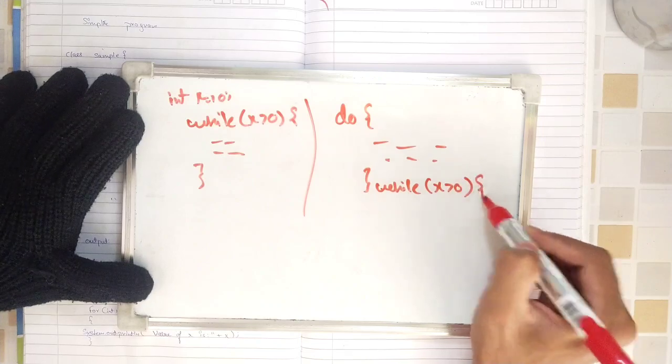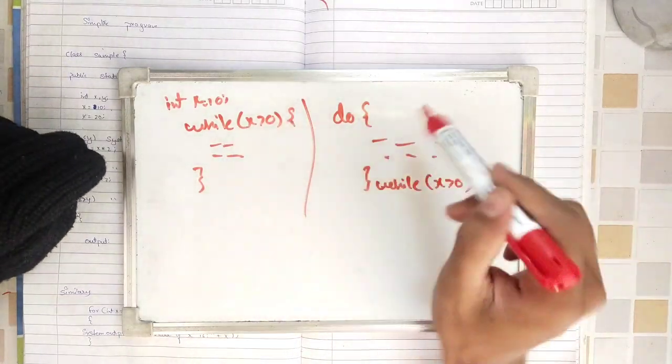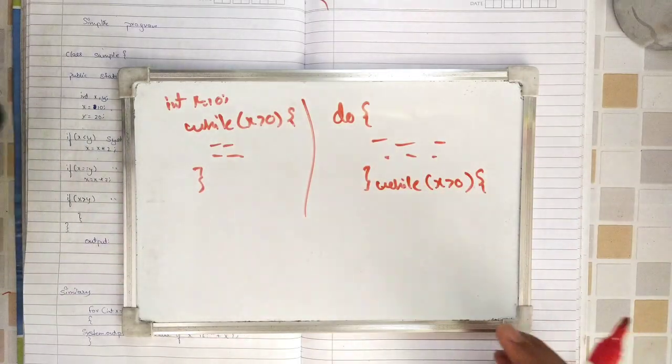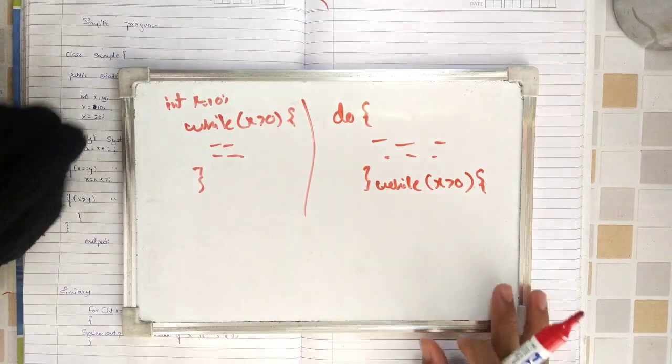For the previous example I wrote for while, printing the value of x, the output will be the same for both. Why? Because the block of code just says to print the value of x itself. But sometimes, like I said,